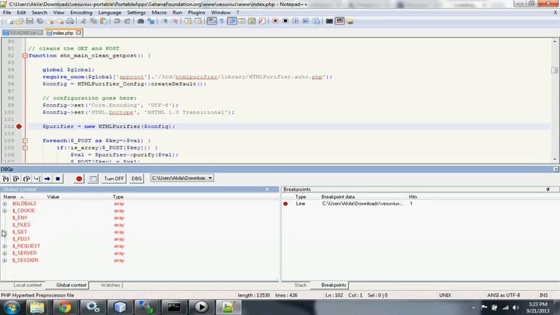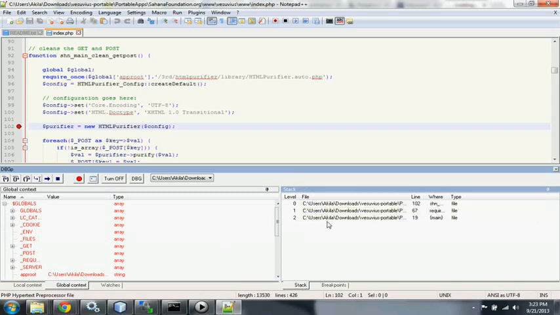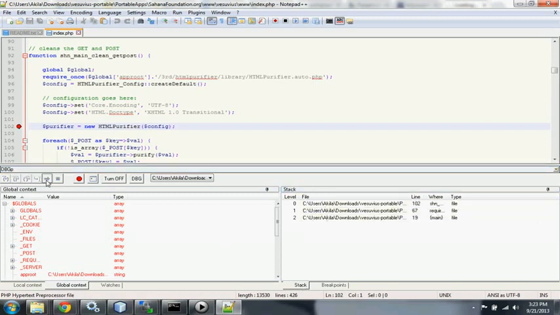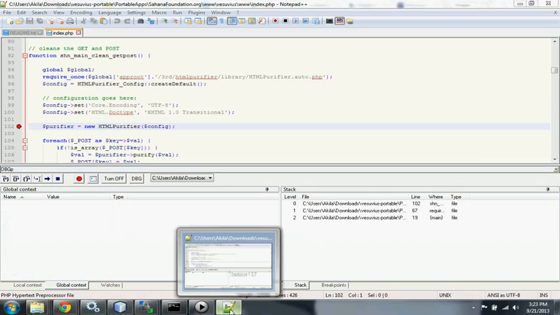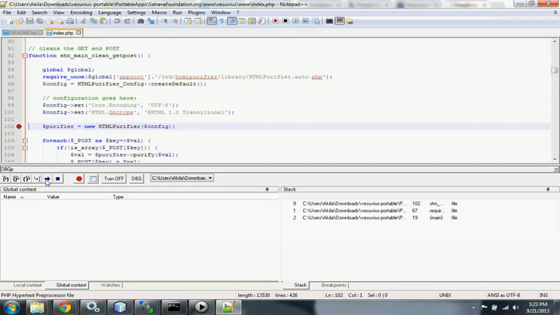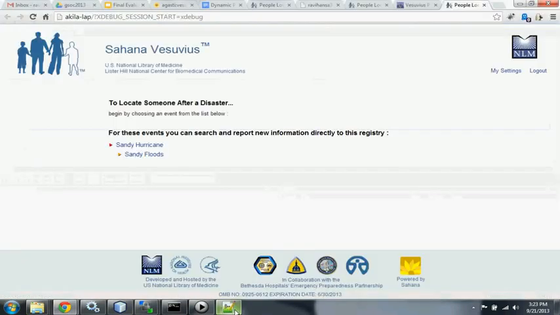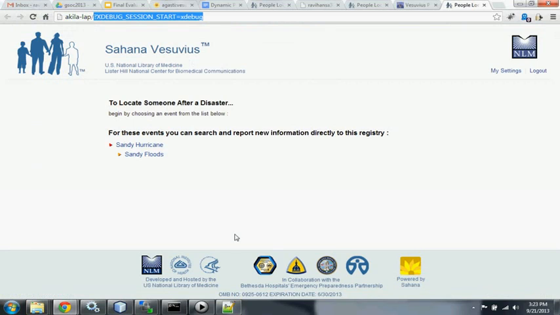So it's a nice tool for developers, and you can see the stack here. It will append this xdebug parameter,